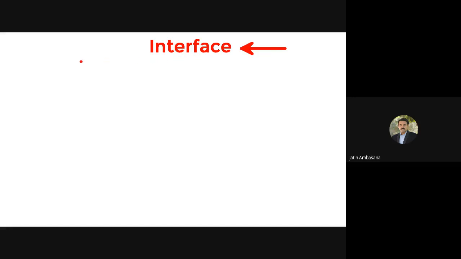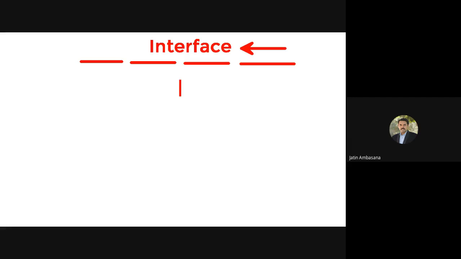So first they define an interface which defines nothing but what? An interface defines a contract. We know that an interface defines a contract where all the methods are defined and need to be implemented when that particular contract is implemented. So whenever that interface is implemented, the contract needs to be executed by the class by implementing all the methods.